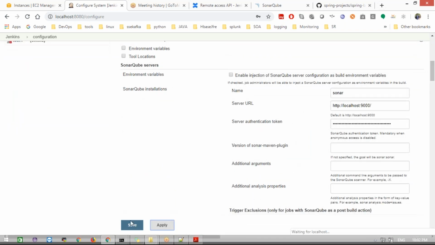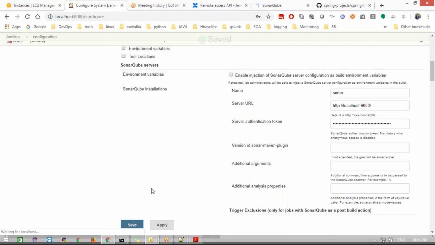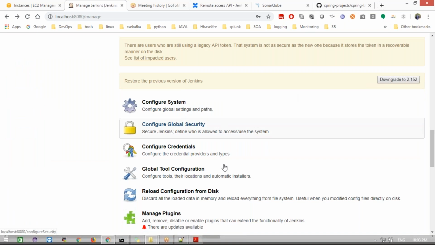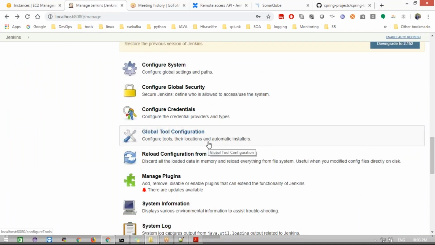Apply, save it. Wait, the page is not coming back. Okay, skip. Now next, I need to configure the scanner also.